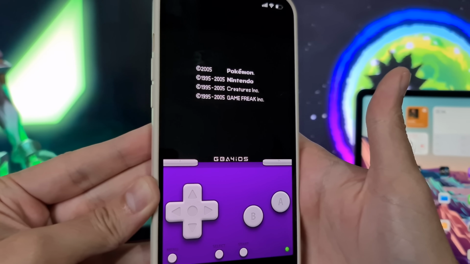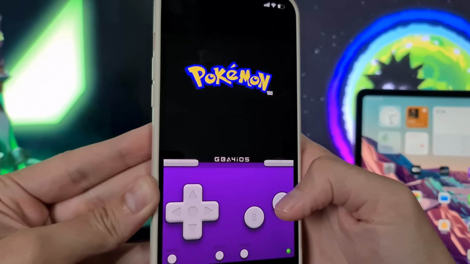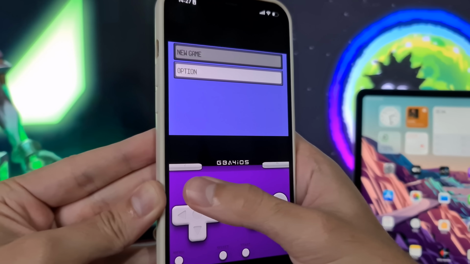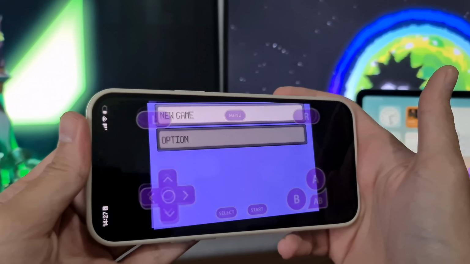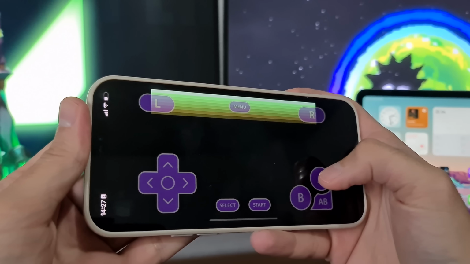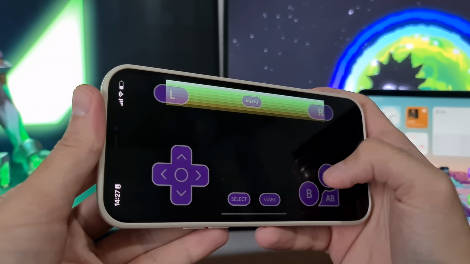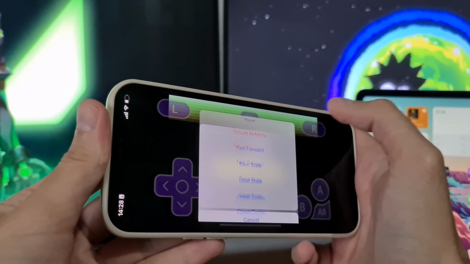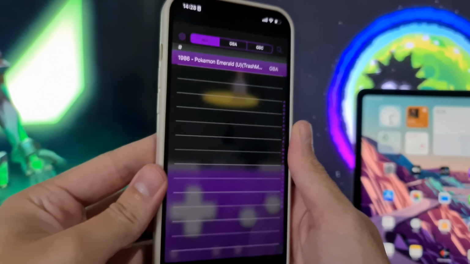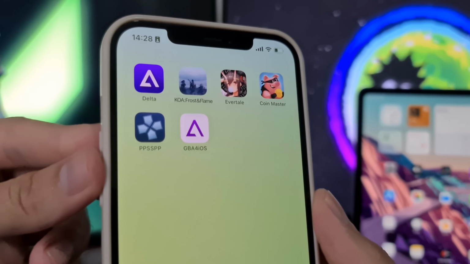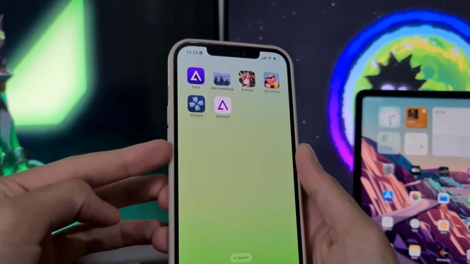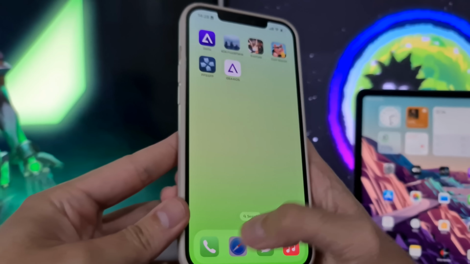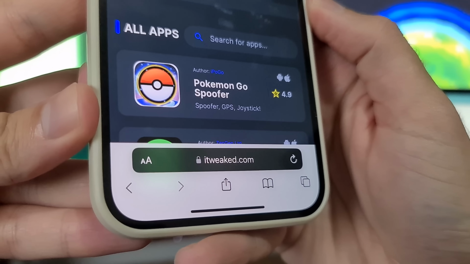So a GBA emulator on iPhone is a perfectly good way to play Nintendo Game Boy Advance games. And what I wanted to say, this works on the newest iOS 16 version. As you already probably know, the newest iOS version is out there, iOS 16, and this GBA emulator works on that newest iOS version. So today I'm going to show you how to get it. So let's start. So basically guys, to download the GBA emulator for iOS, you should visit this page here